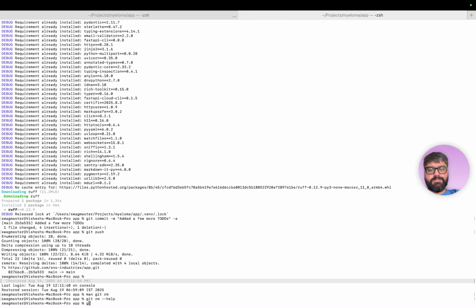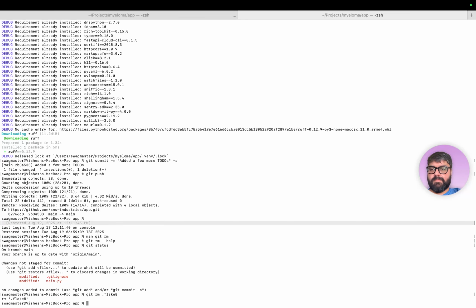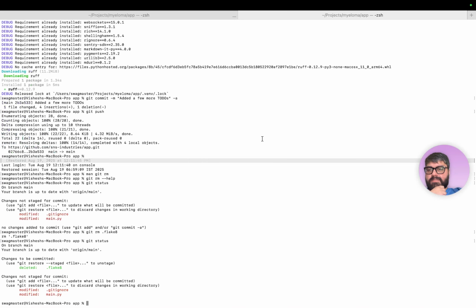But yeah, I'm just going to use git rm. Let me just do git status. Yeah, see the modified things show up. git rm the file, and let's hit git status again. Yeah, we have changes to be committed, so the moment I hit git rm, it just already gets added.